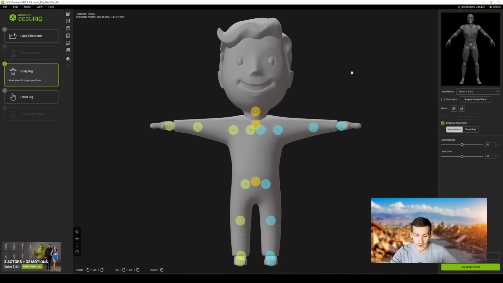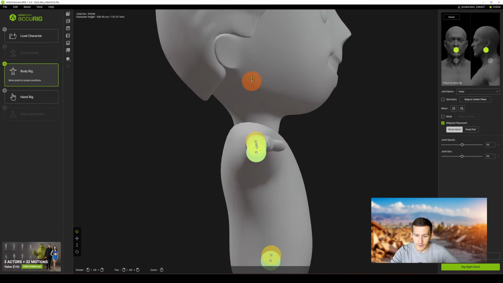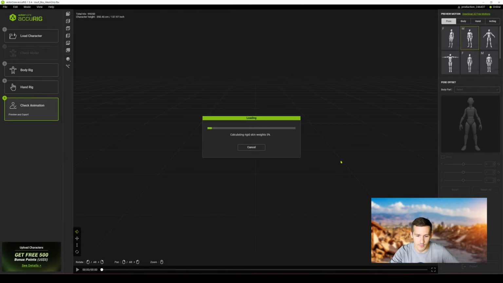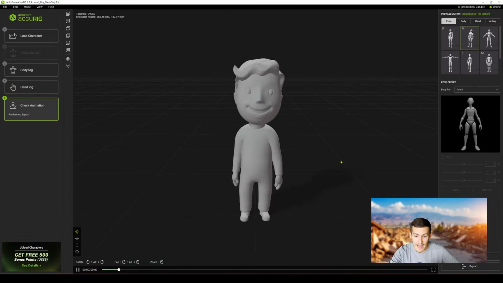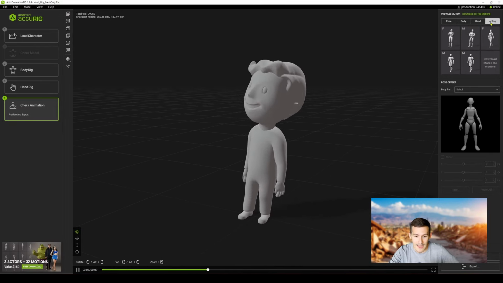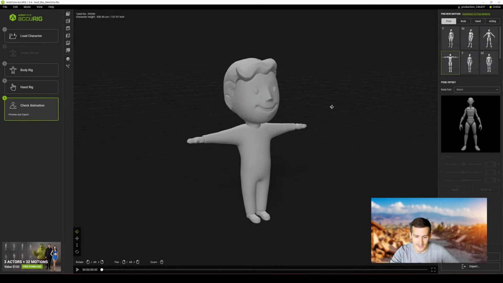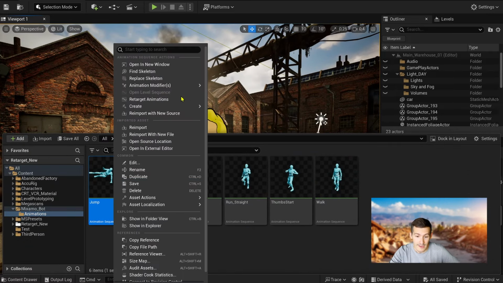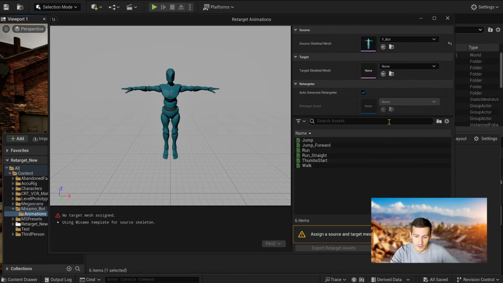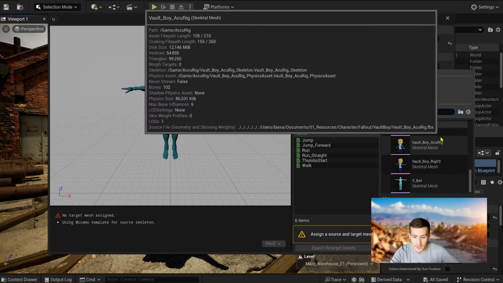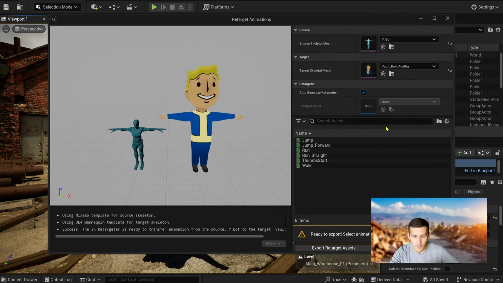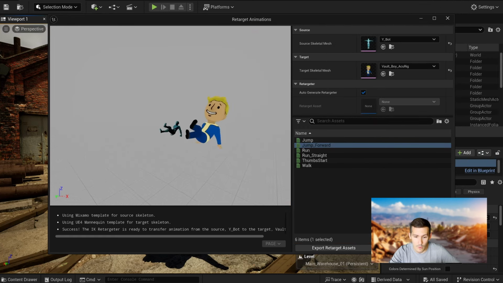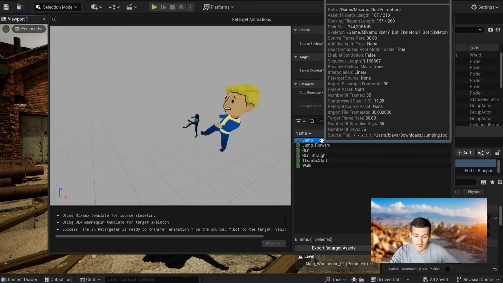After installing the software, I simply imported our dear Mr. Vault Boy and followed very simply and quickly the 5 main steps to automatically rig my character down to the smallest details. Once everything is set up, I can quickly test my rig via preview motion and then export my new fully rigged character asset. Back in our scene, we can repeat the same steps as before based on the Mixamo character. Right-click on an animation sequence to access the retarget tool, and after selecting the target and an animation, in just a few clicks, my retarget works and it's fully functional. Remember, Reallusion iClone type skeletons have been designed and worked on by Epic devs to be as simple as possible.